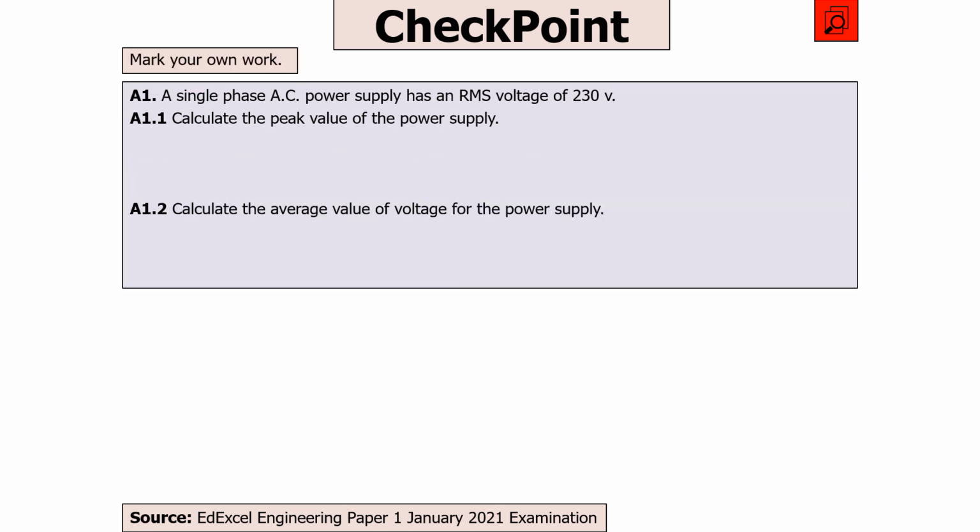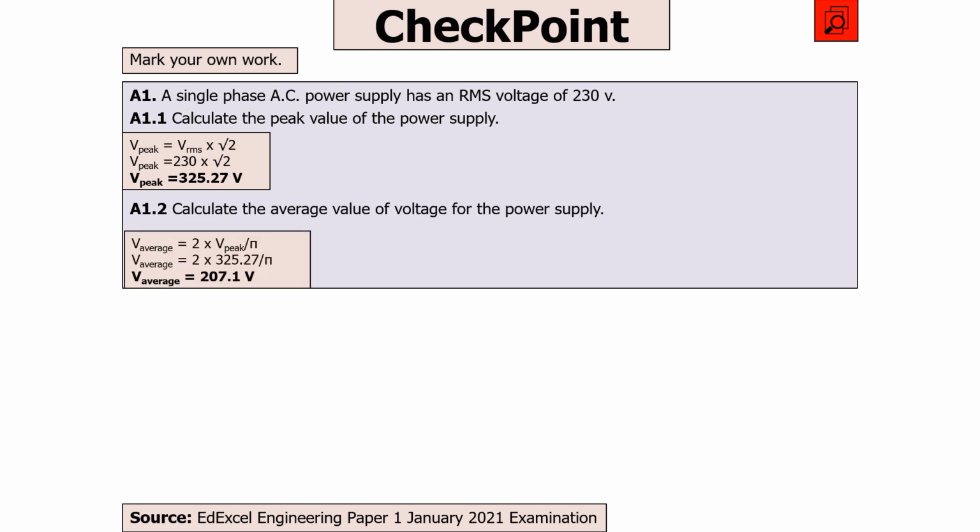So, how to answer this particular question? Well, remember the equation is that Vp is equal to Vrms times by square root 2. So if you work that through, you can see that value works out to be 325.27 volts. Now the average value is therefore going to be V average is going to be 2 times by V peak over pi, working through, thinking about it as if it was a complete circle, working it through, so you get